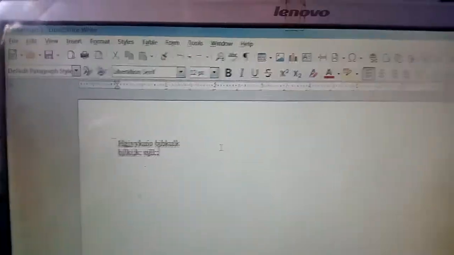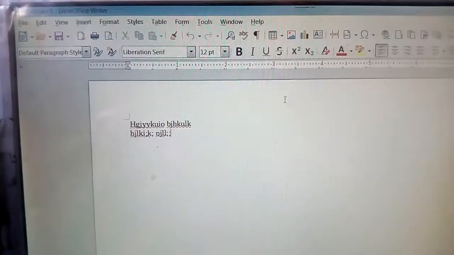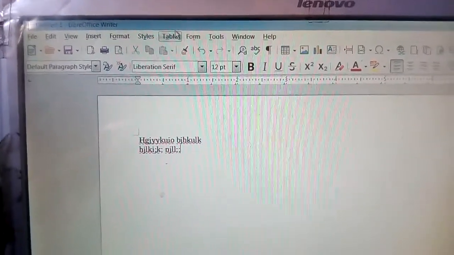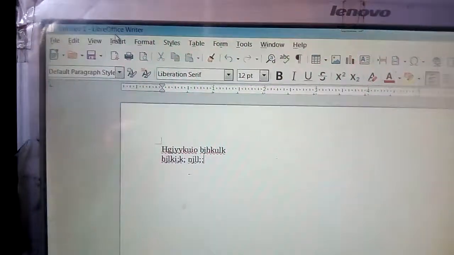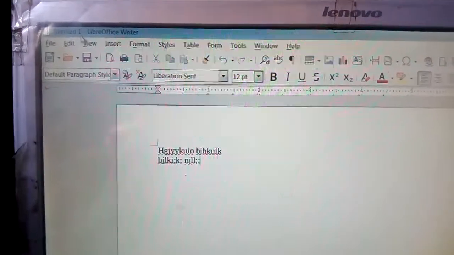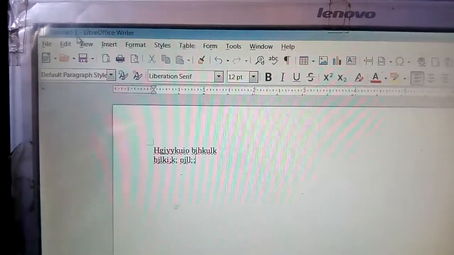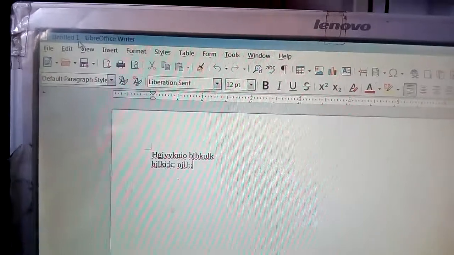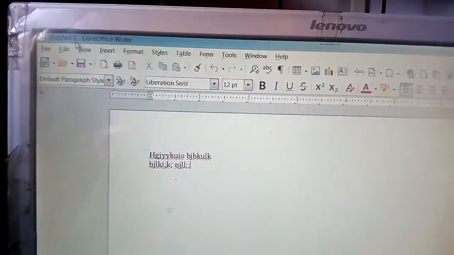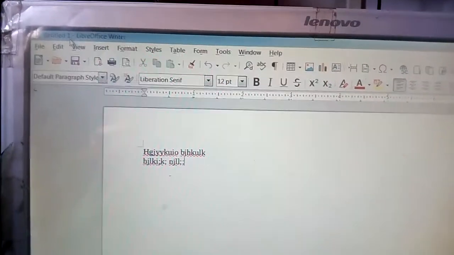Now we will see the parts of this Writer window. First one, this one is the title bar. Okay, where you can see the name of the application and the name of the document, that is Untitled 1 is written here, right? So that is the title bar. If you have saved the file with any name, then that name will come over here.